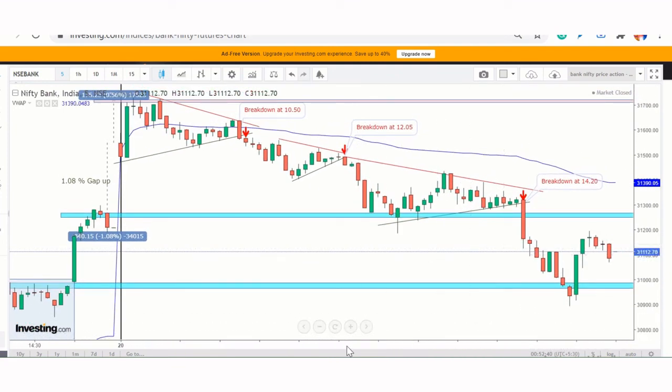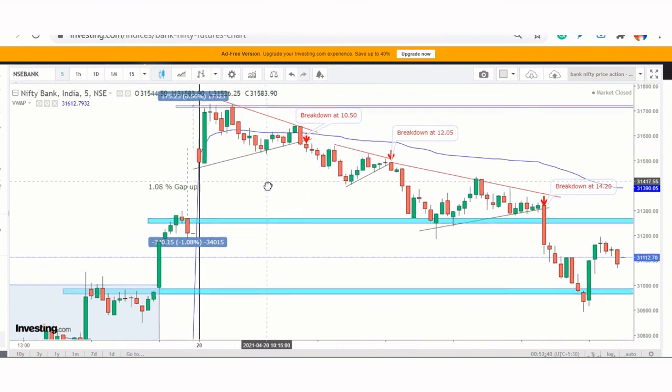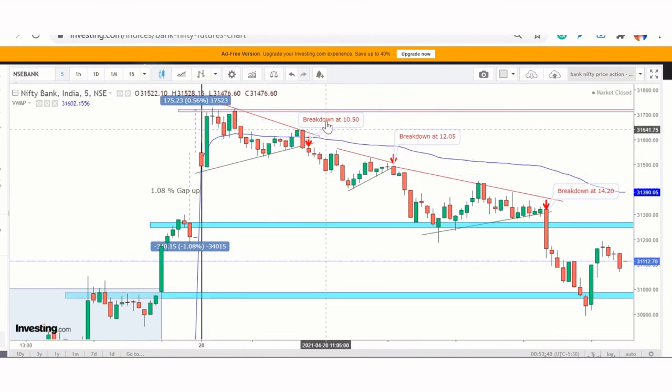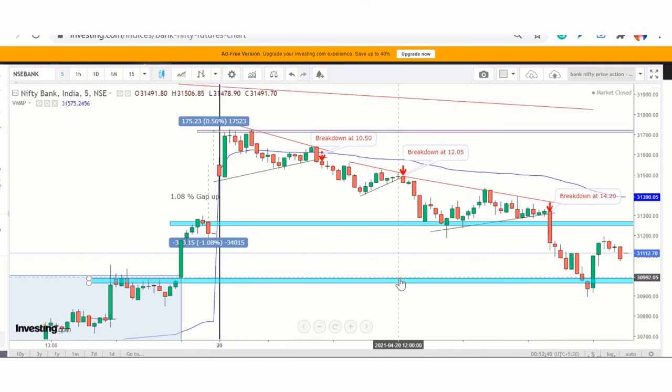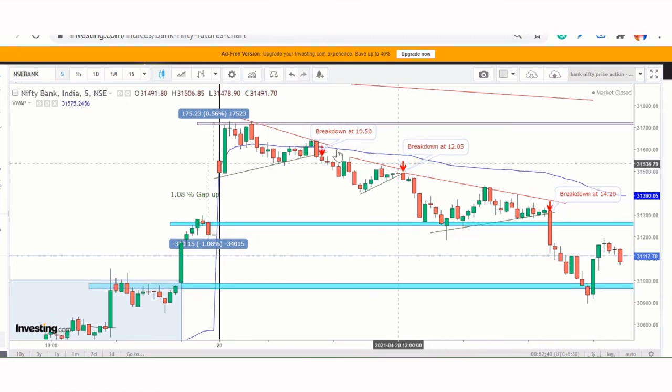Okay, so basically what we understood is, based on price action and based on the confirmation from the technical indicator, focus on learning so that we can take better informed decisions, and our trading should be rule based. It should be based on a rule based approach. So when I took entry at this level, my stop loss would have been at 31,671. When I entered short positions at 31,491, my stop loss would have been at 31,547. When I entered a short position here at around 302, my stop loss would have been at 430. Likewise,